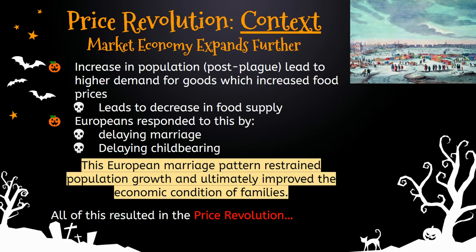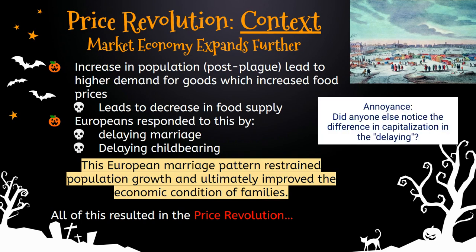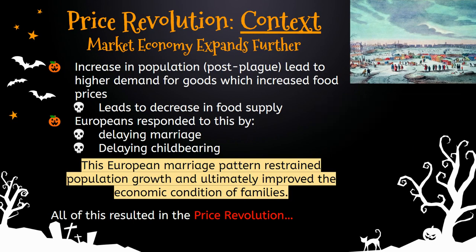One huge thing is they're going to delay marriage and they're going to delay childbearing. So they're going to wait for these big life events until their later 20s so that they can have more resources. They can establish their house. They can own land so that they can feel more stable and settled before they enter marriage and before they have children. So it's a really important idea. So we highlighted in yellow, okay?